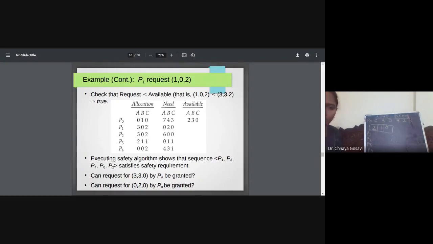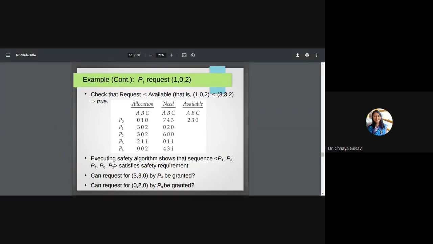Execute this algorithm 2-3 times and still if you didn't find any safe sequence, you have to halt. And what you have to display? The system will be in unsafe state after granting, so the request cannot be granted. You have to roll back and come back to the original sequence. This granted request can be rolled back. Are you getting?